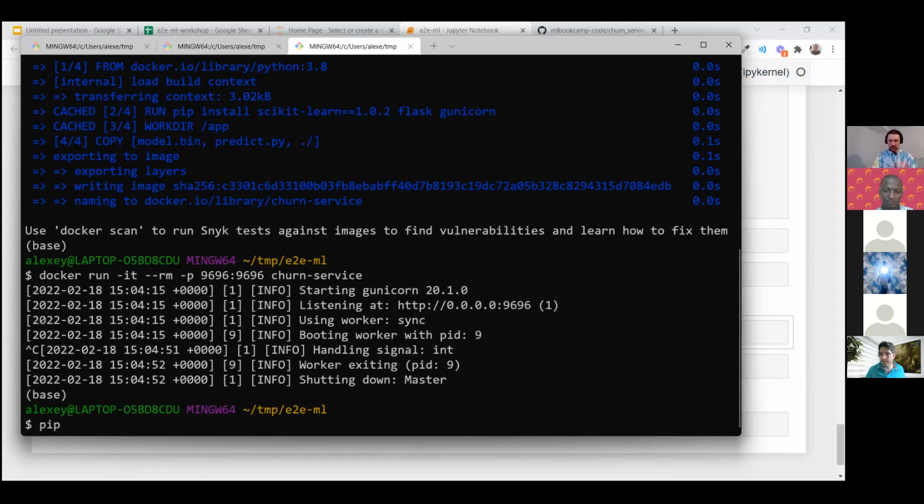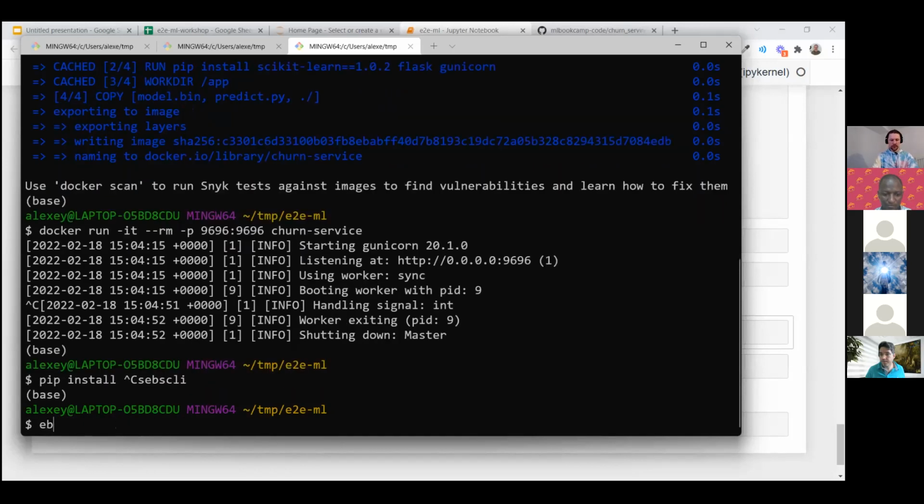For using it, I need to install the AWS Elastic Beanstalk CLI. So I need to install this library with pip install. I already have it. Then I write eb, which is a command that comes when I pip install this.